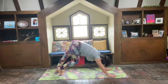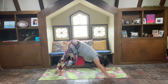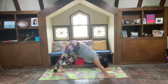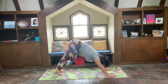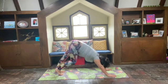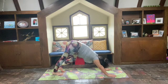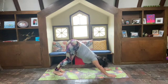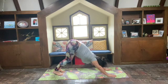So you're going to bend the right knee and press the left heel down and let the hips pull back. And then switch sides. One side, then the other. And then try to let both heels move down. It's okay to have a bend in the knee to let the spine really lengthen out as the tailbone pulls